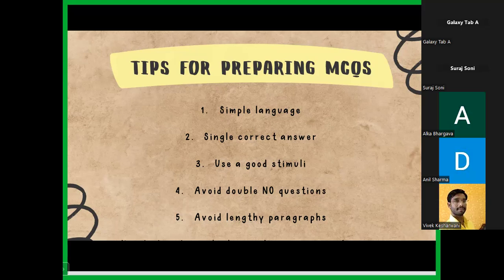The next thing, there should be a single correct answer for every question that we are preparing. That is why preparing MCQs is actually not child's play. You need to take time. When we have to prepare a question paper, you need to sit down, settle down, and understand what it is that you are trying to test. And when you set distractors, so distractors are the options, make sure that out of all the 4 options, only one option is the correct option.